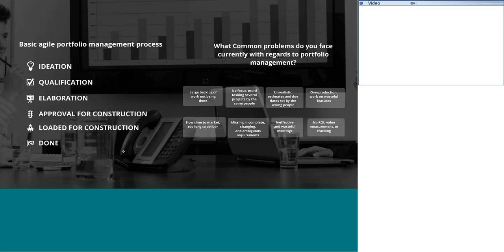We can see that slow time to market, taking too long to deliver, ineffective and wasteful meetings, or no ROI or value measurement can all be addressed using the small solution that we have developed. I'm sure that your organization can come up with a different workflow or management process for portfolio, and we can develop a solution for that as well.